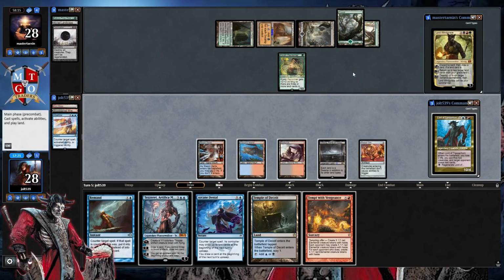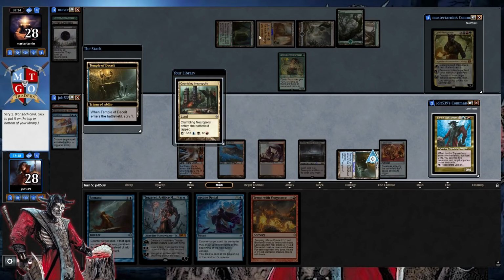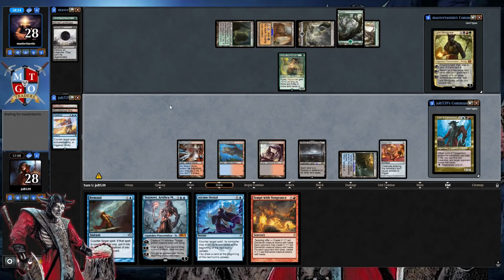Ooh, run into Tempt with Vengeance. So let's go for Temple of Deceit. Let's get a little bit of Scry going, maybe some Scurry, a little bit of Fever and Sanity. Crumbling Necropolis. Yeah, that's a playable land for next turn, so we'll put that on top. And pass the turn. Yeah, if we can stick a Remand...